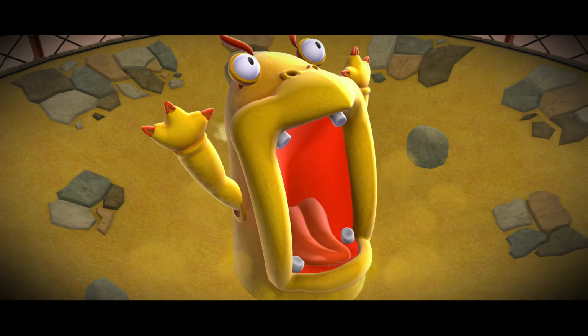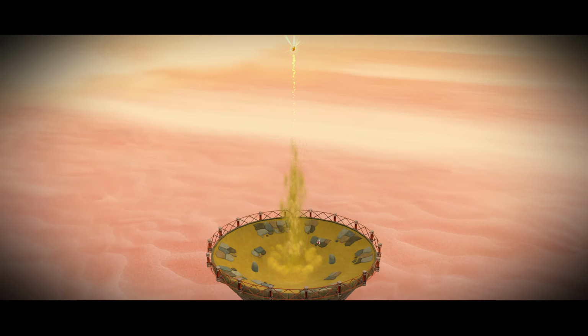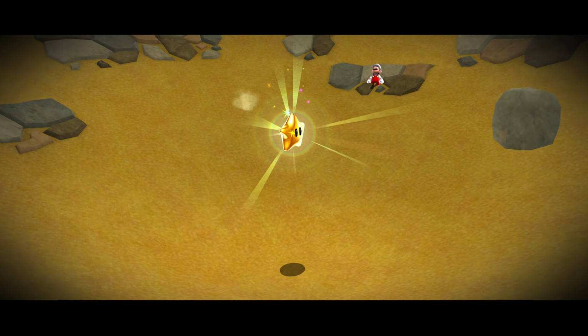Yep, there we go. See, throwing backwards can be good. You don't want to end up in the middle and hit him, so throwing backwards is definitely the right play there. There we go. Alright. Played it nice and carefully, and we ended up getting a...